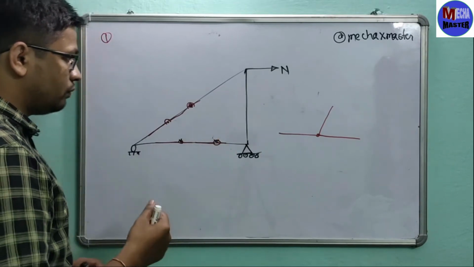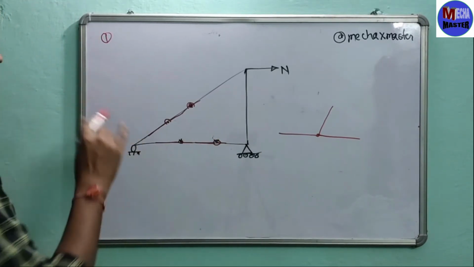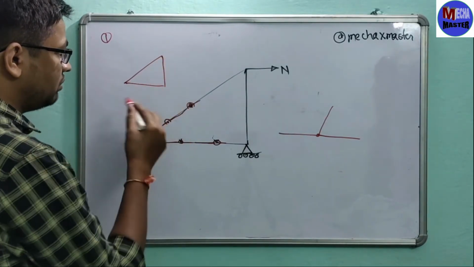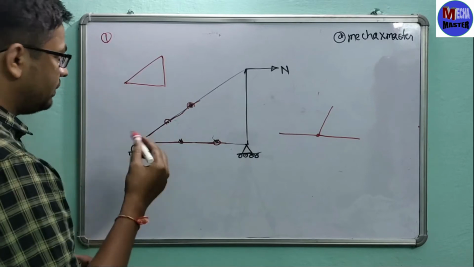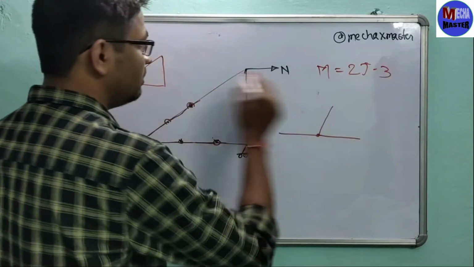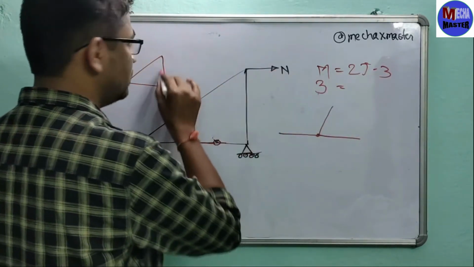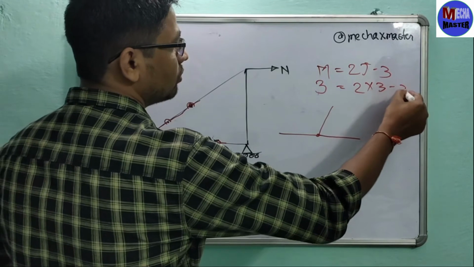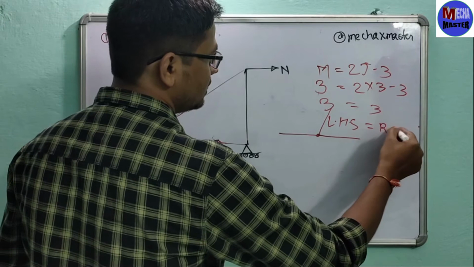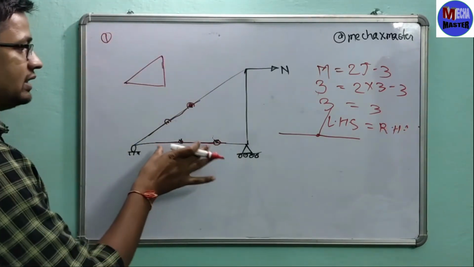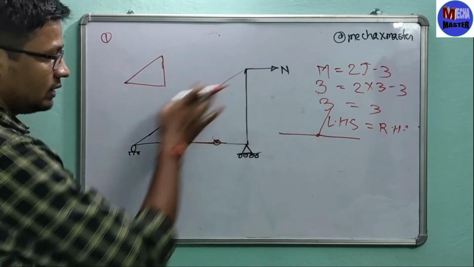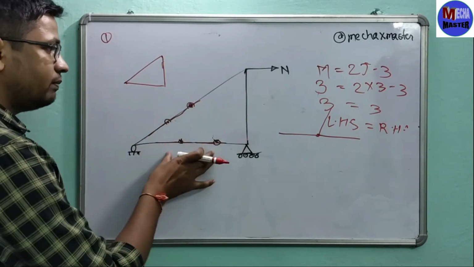And for being a truss, there should be a minimum of 3 links, that you know, that will be applicable for the formula m equals 2j minus 3. There are 3 members and 3 joints, so 3 equals 3, LHS equals RHS. This is the perfect truss. You can easily see that there are 3 members remaining and there are no other forces. So this will be a perfect truss.